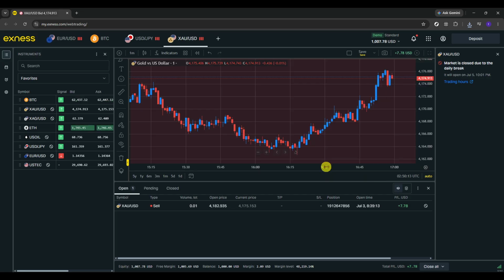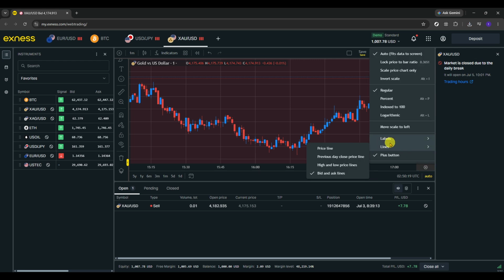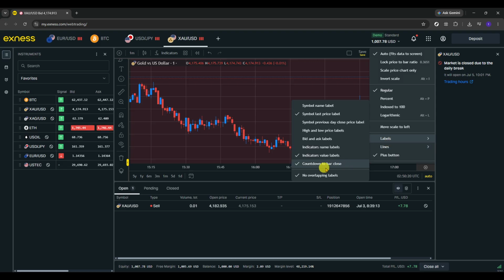Once selected, the candle close timer should appear on the chart, showing the remaining time before the active candle finishes. This can be especially useful if you are monitoring candle-by-candle behavior and want a more precise sense of timing without manually calculating it. After enabling the countdown bar, you can return to the chart and confirm that the timer is